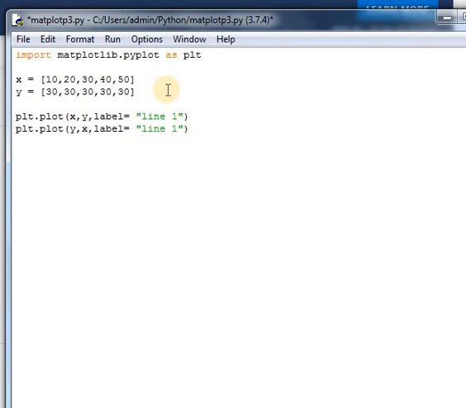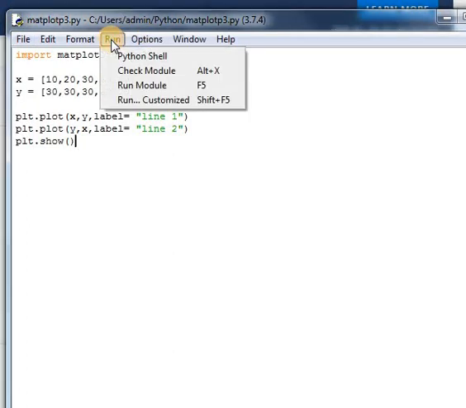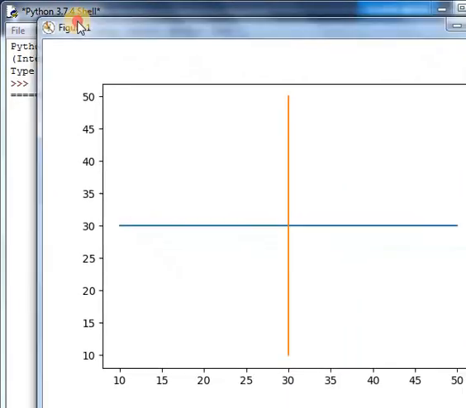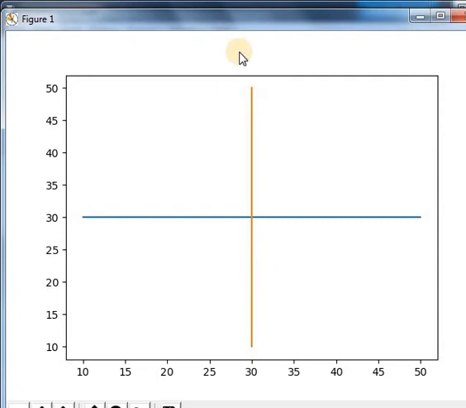So this is my second line. Now plt.show is the method through which we represent it on our screen. Save your program, click on run module. The program is executed and here you can see the output.